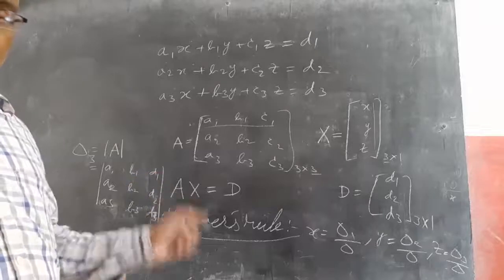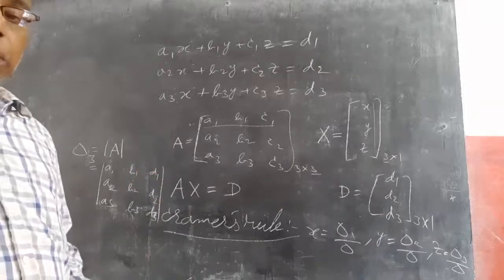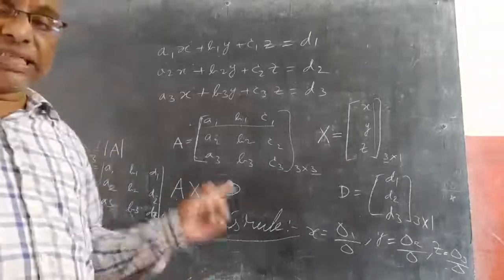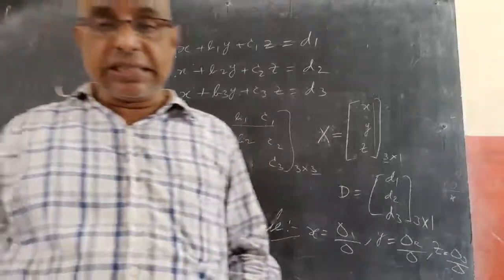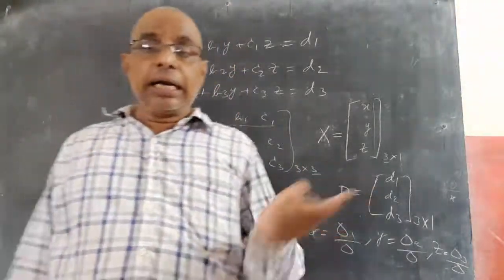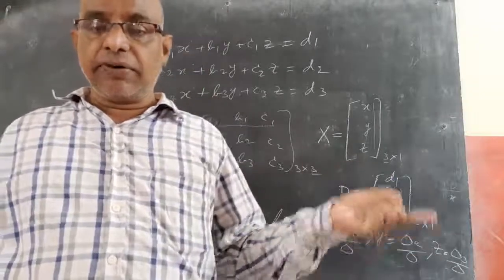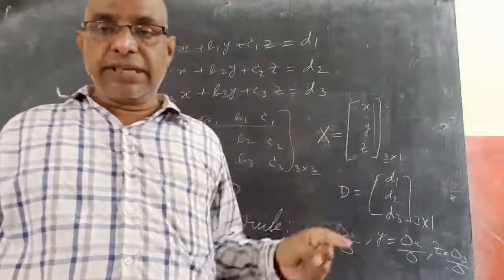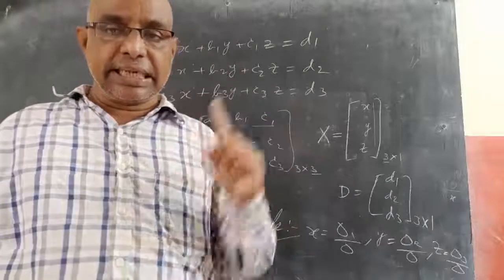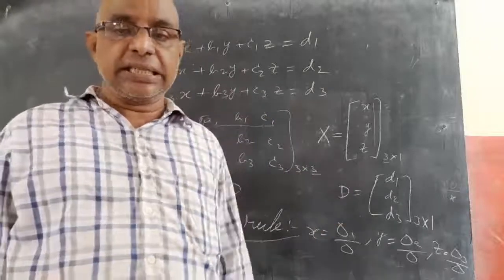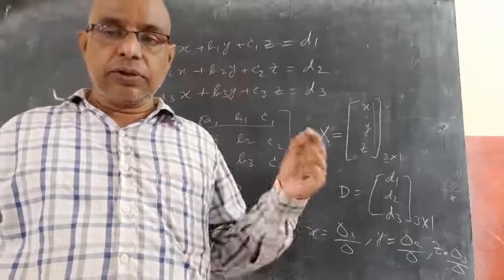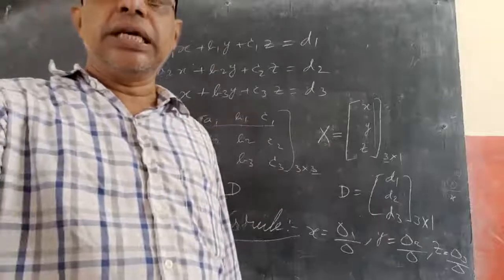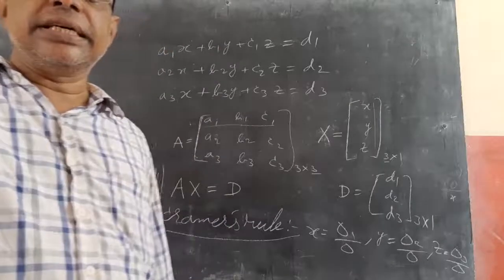Simplest method is Cramer's rule. We will do two sums, then you can understand how to do the sums using Cramer's rule. Definitely there is a 7 marker from the solving of linear equations. It can be either Cramer's rule or inversion method. He will ask in the exam, and whatever is asked, you should answer in that method. You should not do it in your own method. He will ask: solve the equations using Cramer's rule, using Gauss-Jordan method, using inversion method, like that they will ask in the exam. So first we will do using Cramer's rule how to solve the sum. We will take one exercise sum, then we will solve it using Cramer's rule, then you can understand very easily.